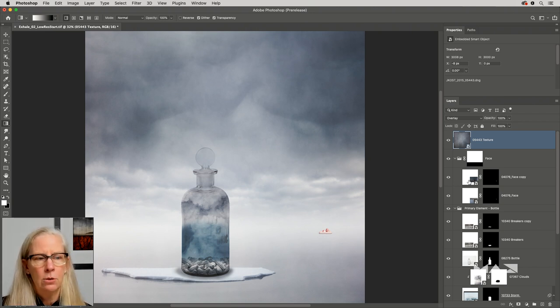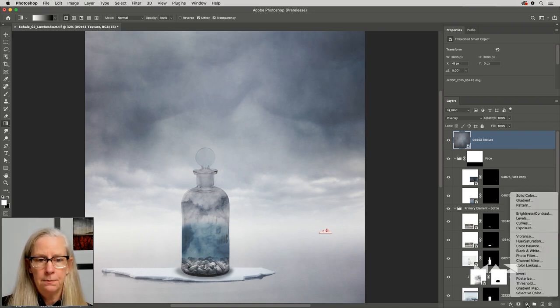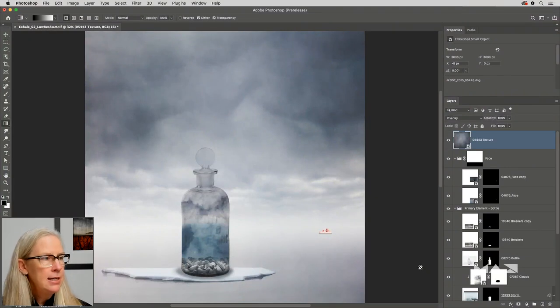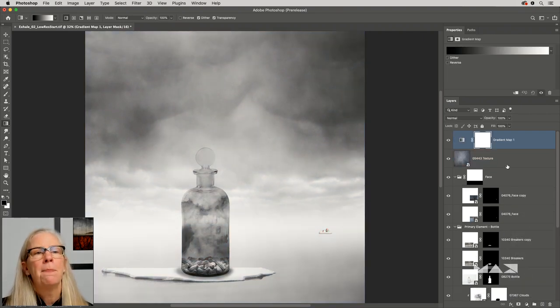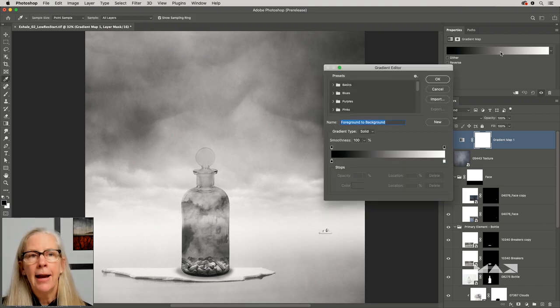The other thing we can do is we can always unify through color. And one of the easiest ways to do this is by adding a gradient map. Not a gradient overlay, right? Not a gradient fill layer, but a gradient map. And before I add it, I'm just going to tap the D key. That'll set my foreground color to black and the background color to white. And that way, when I go into gradient map, what I basically get is all the colors in my image remapped to grayscale from black on the left to white on the right. But I can click in the gradient and then I have the gradient editor.